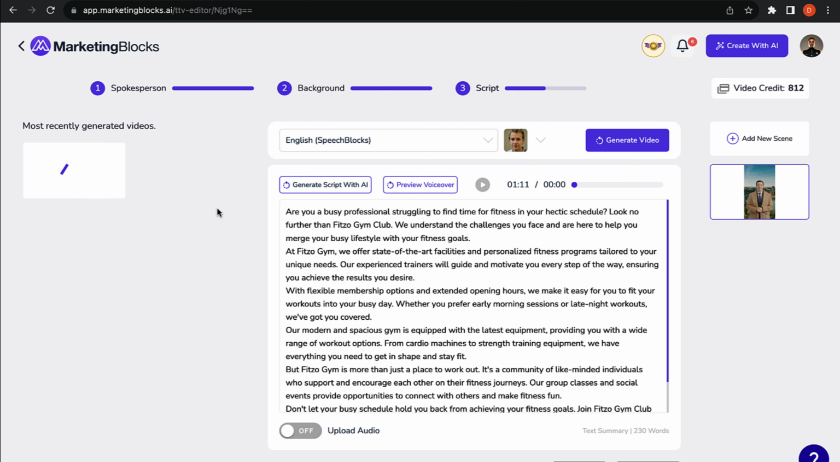So while it's generating, which is going to take a few seconds depending on the length of your video, I'll just show you some other options you have on this particular editor. As you can see right here, you have the add new scene option. So what that means is that your spokes video, whether a landscape spokes video or a vertical spokes video, can